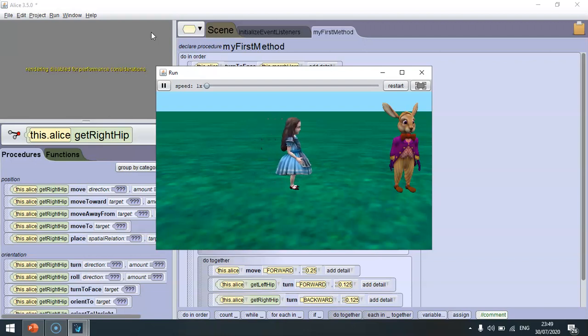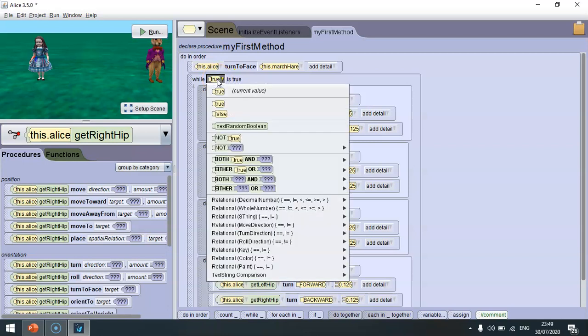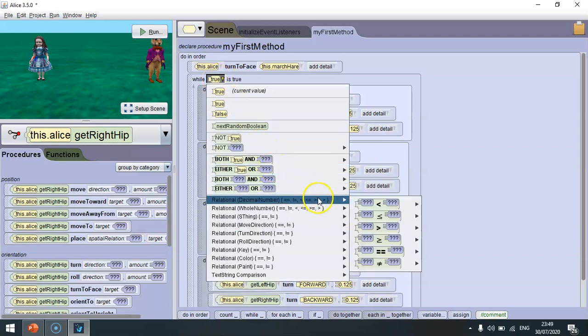want to do. But of course, we're going to notice that Alice is now walking past the hare, and she doesn't stop, and she doesn't say hello. So now we need to change this true bit to saying that I want her to stop. So I can click on the true and say on here,